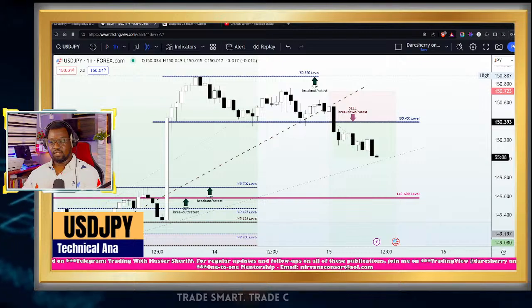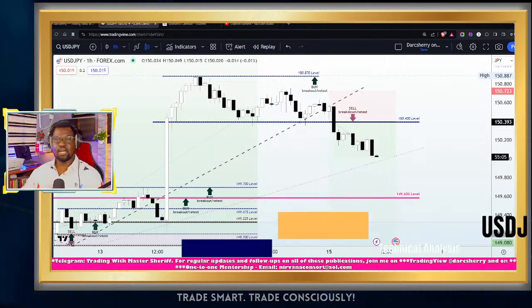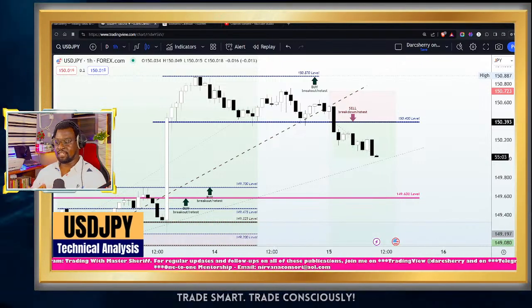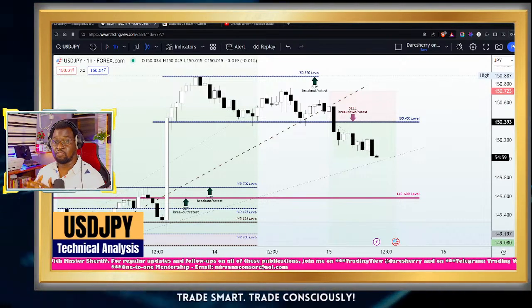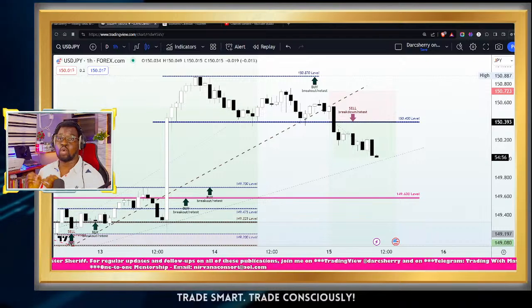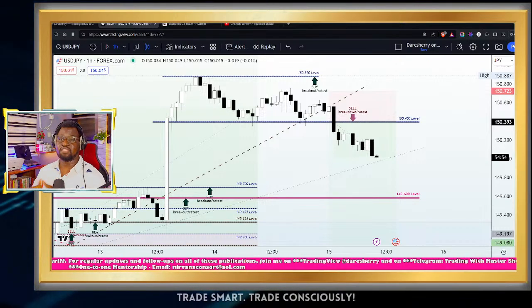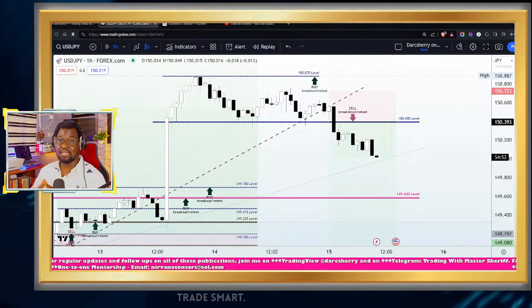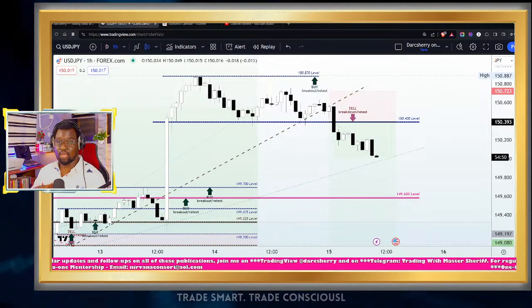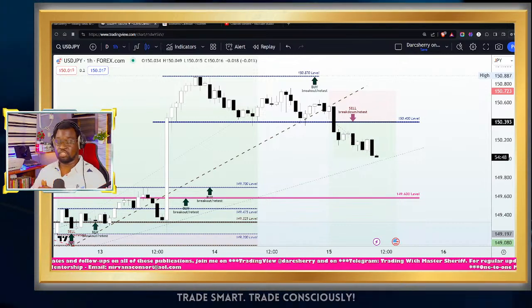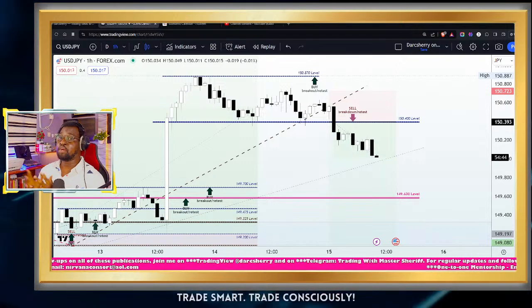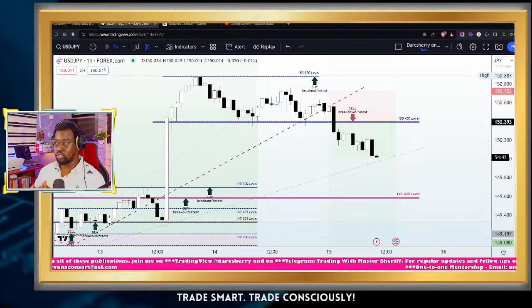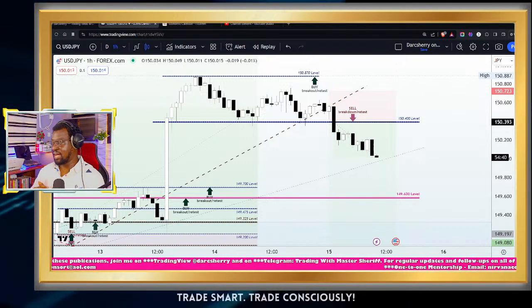So the next asset on our watch list for today is the USDJPY. And first of all, I would like to say that for those of us who took advantage of the sell position yesterday, please let's safeguard all our sell positions right now by moving our stop losses to, at worst case scenario, break even while we continue to monitor price action at this point.